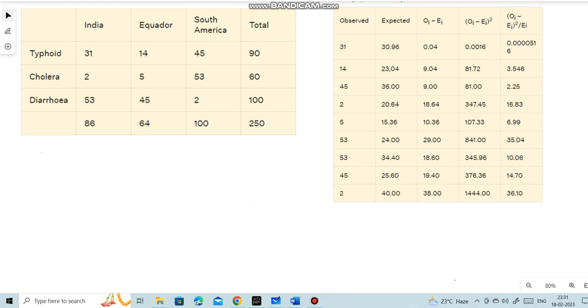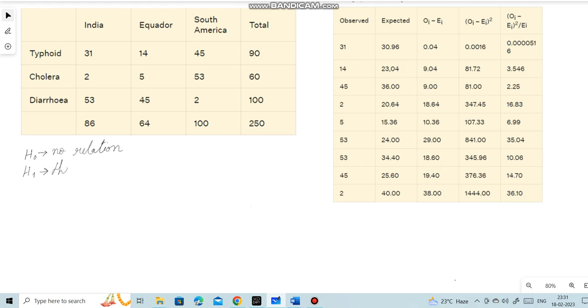three geographies and three diseases. So we try to understand if the occurrence of diseases is influenced by the geographies or not. So our null hypothesis would be that there is no relationship, and the alternate hypothesis would be